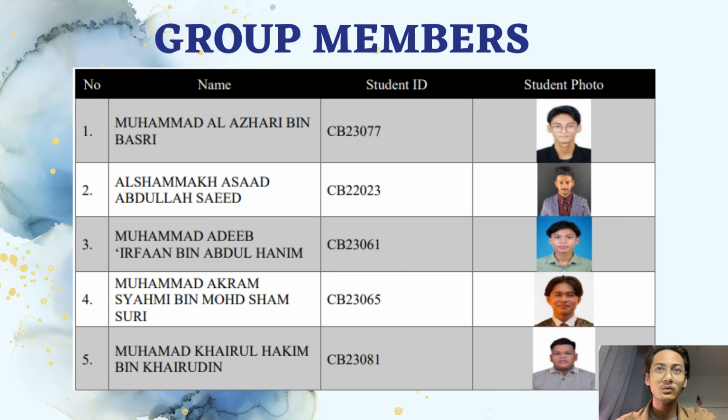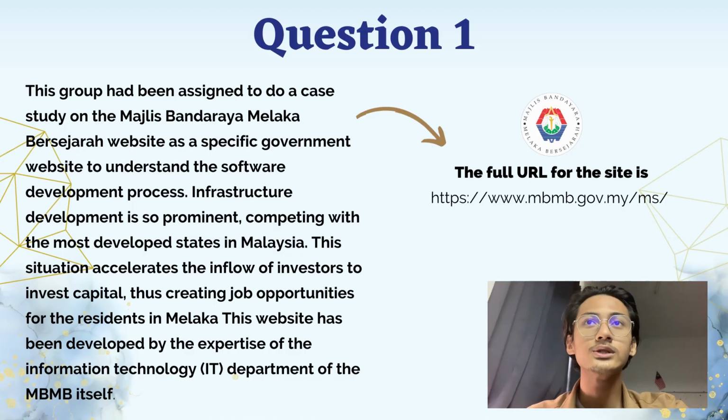Next, Muhammad Akram Syami bin Muhammad Syamsuri, student ID CB23065, as a programmer. The last one is Muhammad Hairul Hakim bin Hairuddin, student ID CB23081, as a tester. First and foremost, this group has been assigned to do a case study on the Majlis